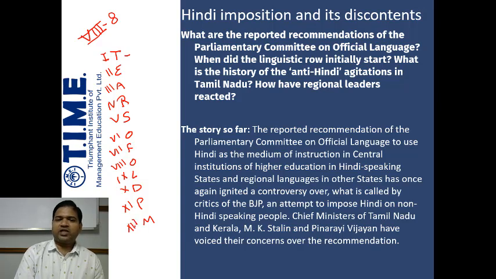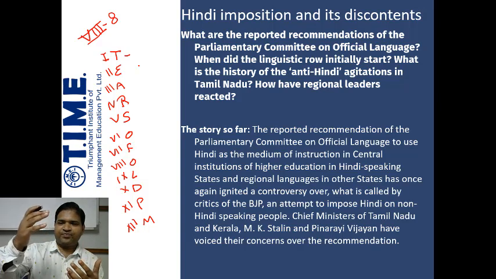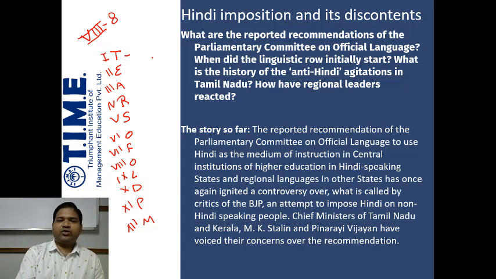So as I told you, there are 12 schedules, and for each schedule you can remember it with the help of this mnemonic, with these letters. So T stands for territory. Of course, when we start talking about the country as a whole, the first thing that we need to take into consideration is its territorial extent, that extends from Jammu and Kashmir to Kanyakumari and so on and so forth. So that territorial extent is given in the first schedule.